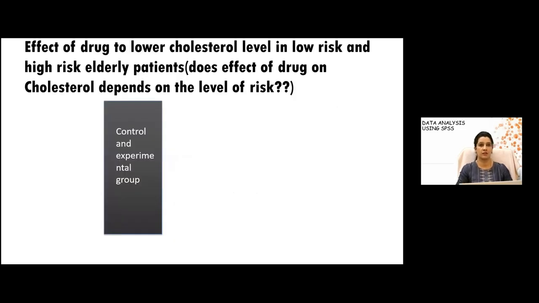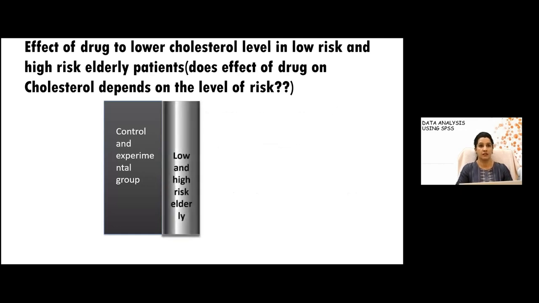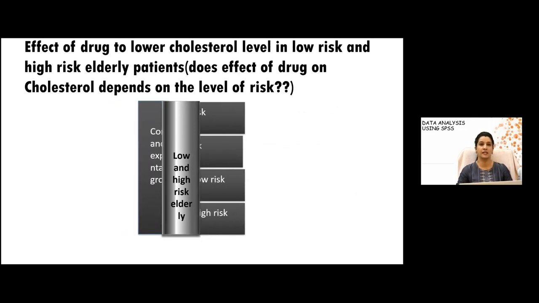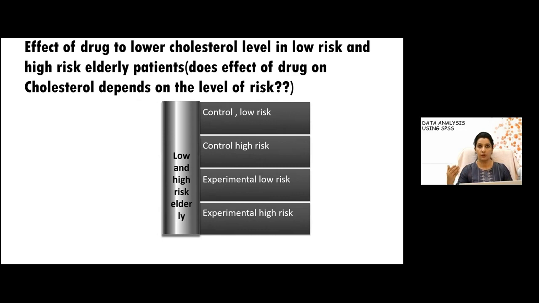So now this is another research question. If a researcher wants to see the effect of a drug to lower cholesterol level in low risk and high risk elderly patients, and he has added another factor, and that other factor is risk status. So if he has added the low and high risk elderly, and then he is seeing the effect on cholesterol, then again, like you have seen with gender versus obesity, there will be 4 groups, because there will be a control group with low risk, a control group with high risk, an experimental group with low risk, and an experimental group with